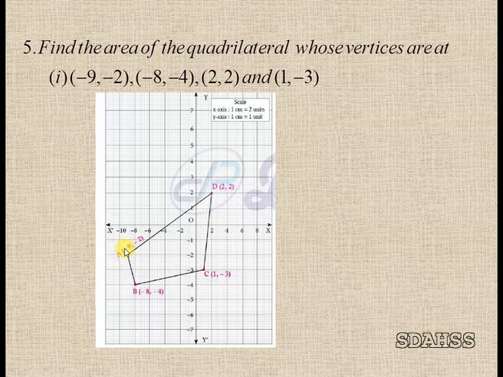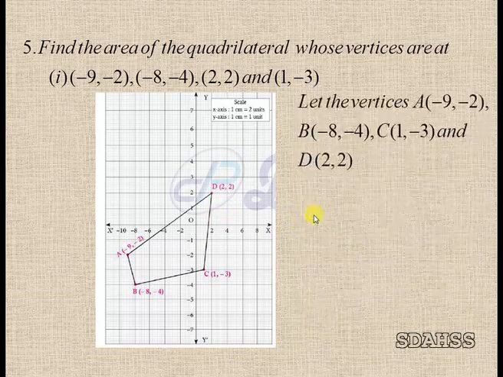Afterwards, this is the first quadrant, second, third, fourth. In the third quadrant you have to take the vertex A. In the quadrilateral, in the third quadrant you have to take the vertex A, and then B, C, D in the counterclockwise direction.